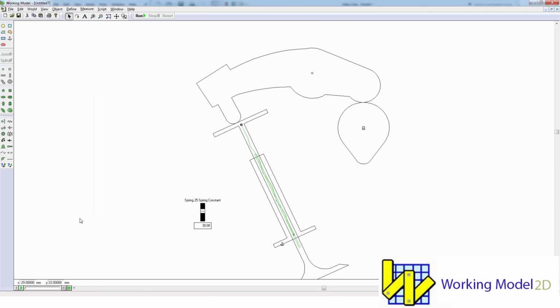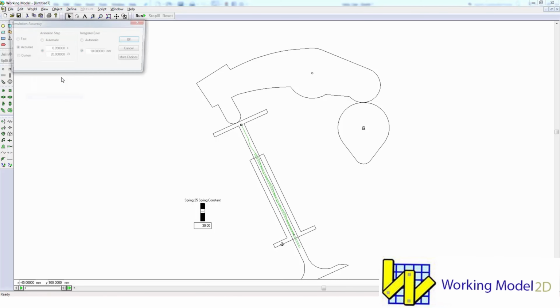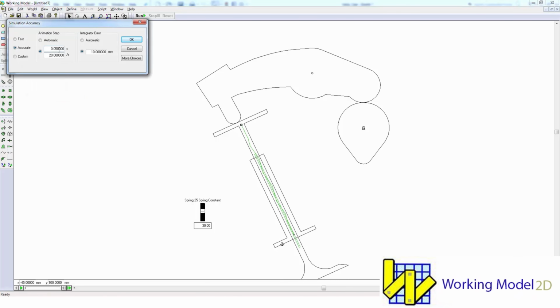And just for kicks, let's go ahead and run this simulation. Before we do it, let's change the default for the step size so that it is something smaller, maybe 0.002, so we capture several frames per second. It all depends on what the speed of the model is going to be as well. So if you have real high speeds, you might need a lot of frames per second.